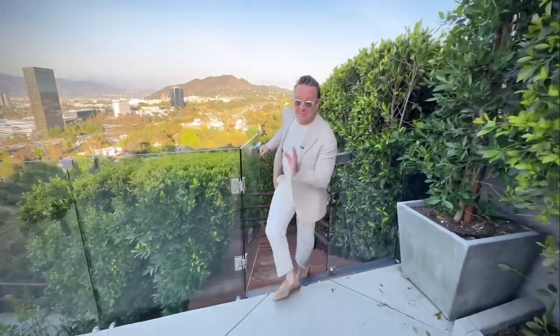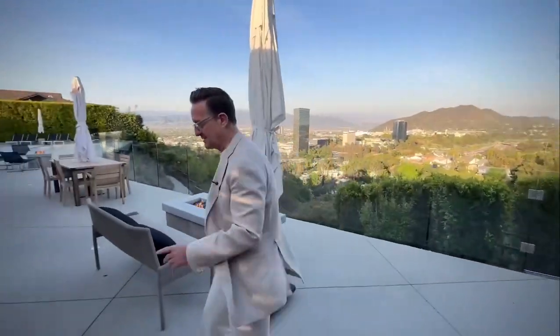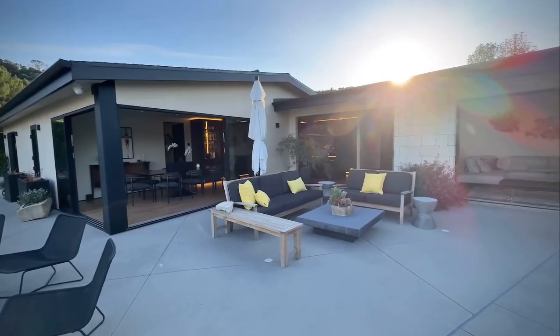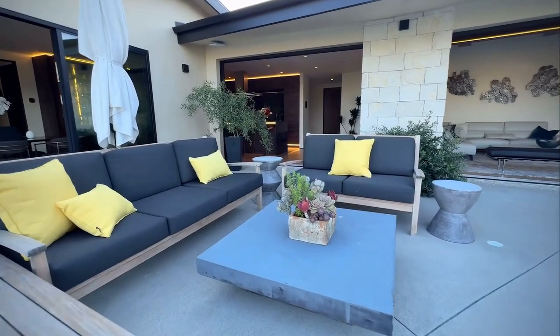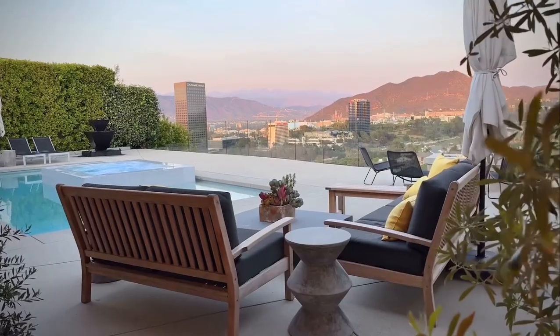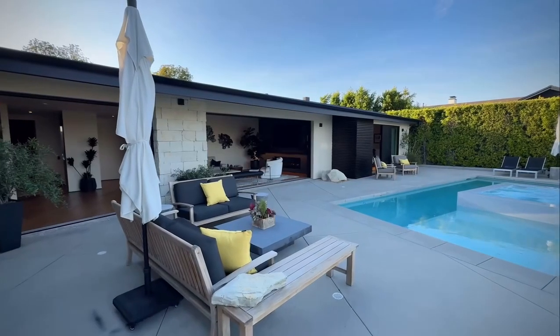So as I leave my little serenity platform, I want to show you some of the other areas of the outside. So come on, Manny. Past these wonderful fire pits again. And then I have an awesome outdoor living room with plenty of seating for all my guests. And again, it's all about the view, but the manipulation of the area around this pool deck is really something